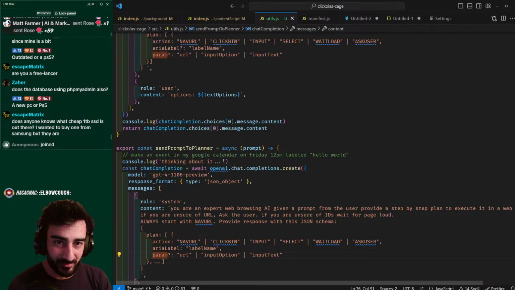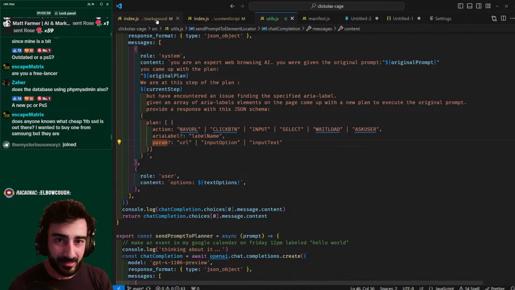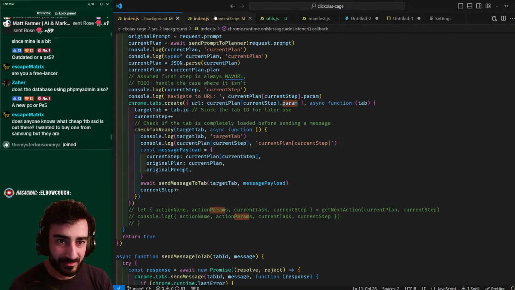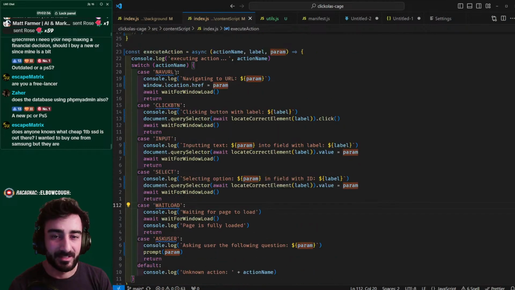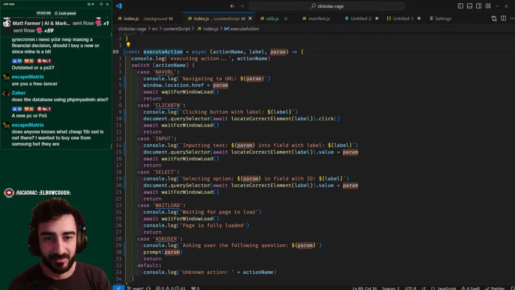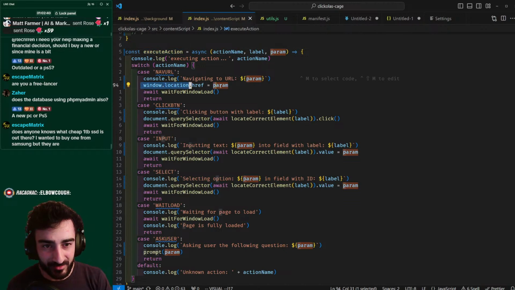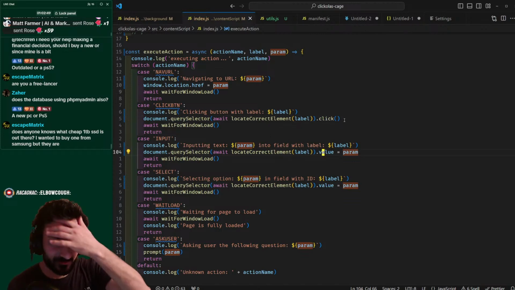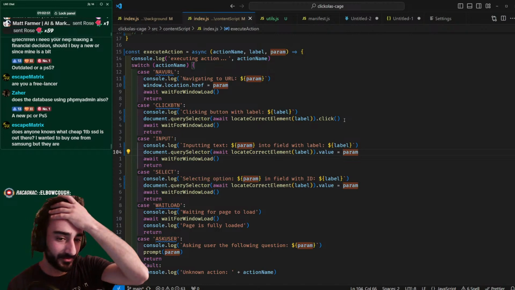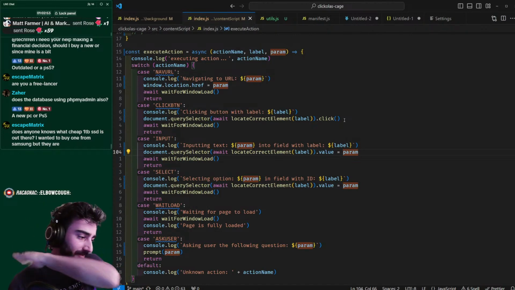With these parameters, and given that plan, it sends it to this click content script, which can execute these actions just with JavaScript. So window location href to a URL changes the URL, query selector click clicks a button, value selector value, etc., etc. Now,